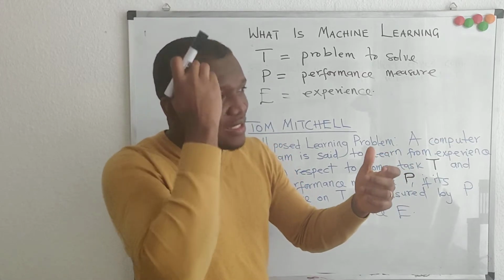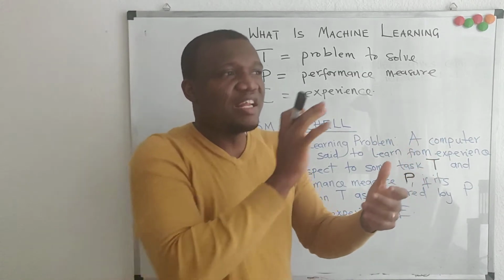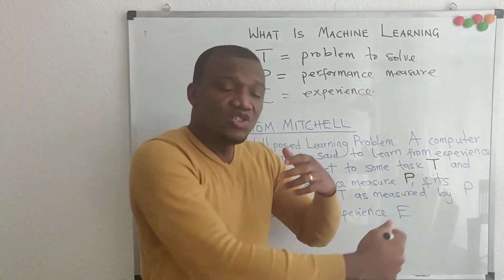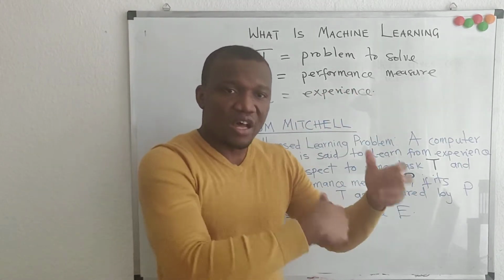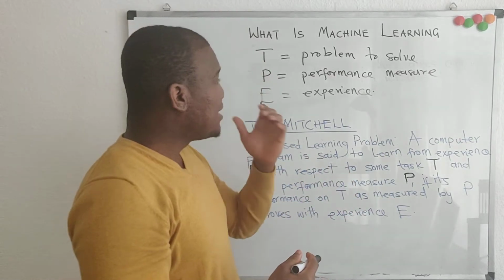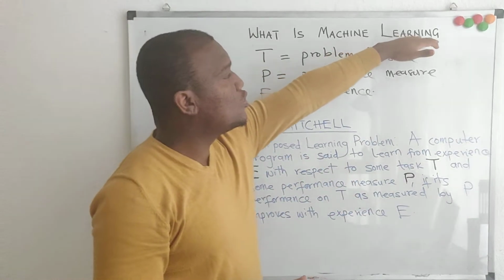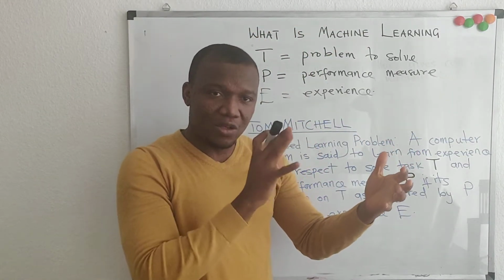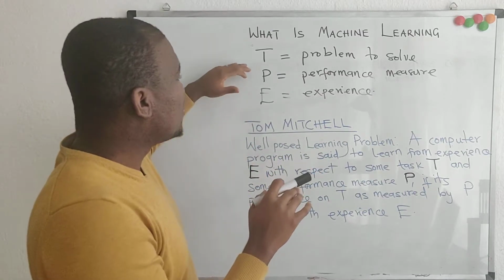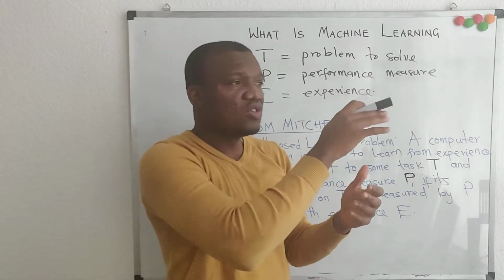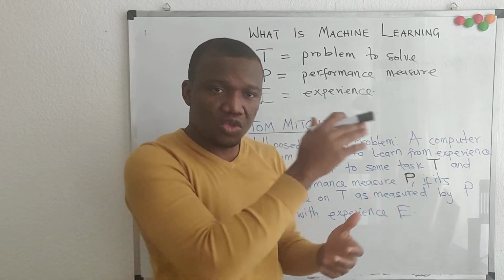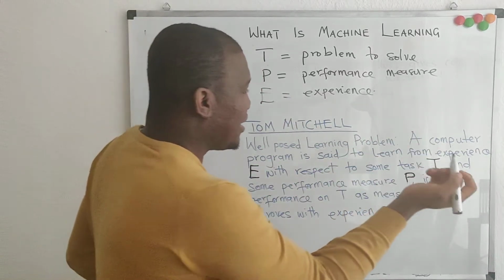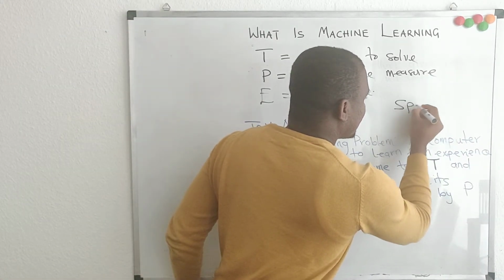And so experience is not something that can be shared easily, that can be passed on. It is built by virtue of repeatedly doing the same things over and over and over. So Tom Mitchell is saying that once you claim to do machine learning, or you claim to let a computer software learn on its own, you need to be sure that you have a task that you want the machine learning model to solve. So an example of a task can be building a spam filter,